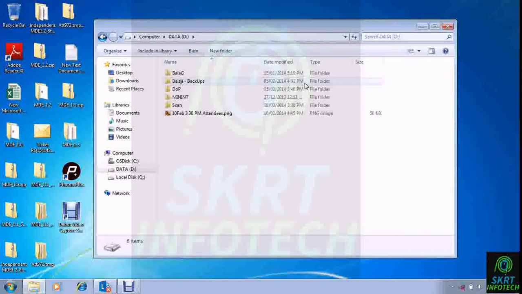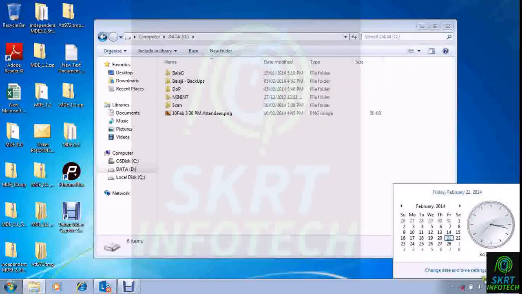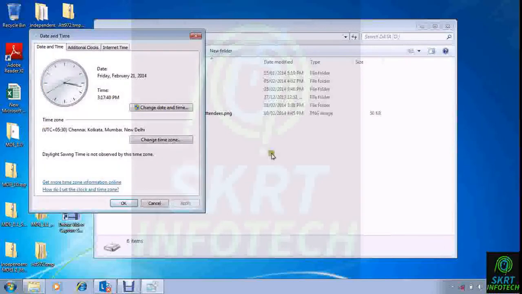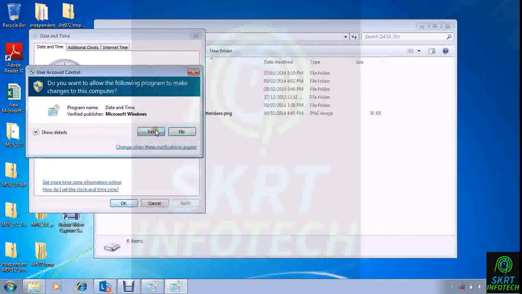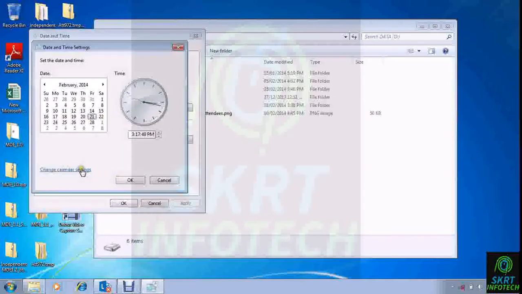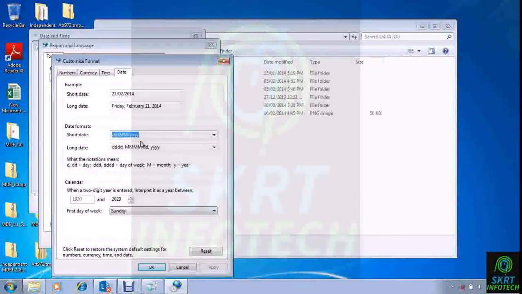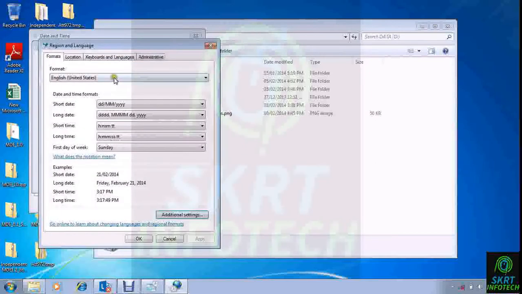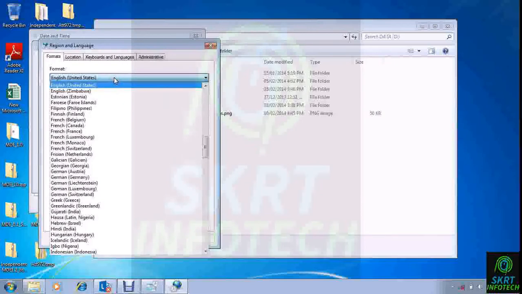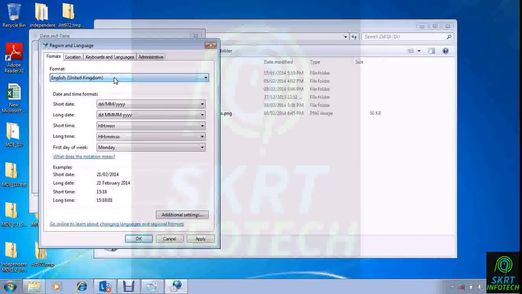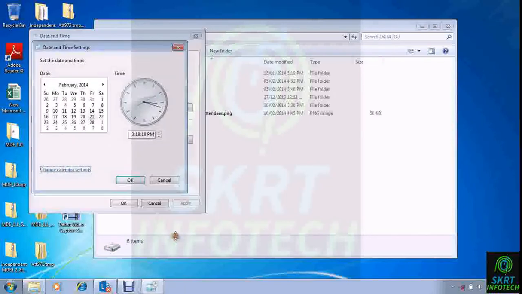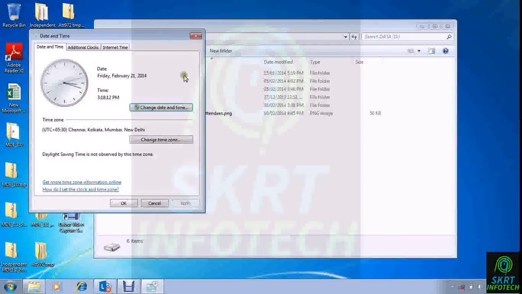Then there is one other catch, that is the date format. The date format should be DDMMYYYY. You can see what date format the system has. You can change calendar settings. See it as DDMMYYYY. Generally, if you have to change the date format, you have to come here and give MMDDYYYY or any other date format. Anyhow, this is how it is. And we'll cancel this because this has DDMMYYYY.